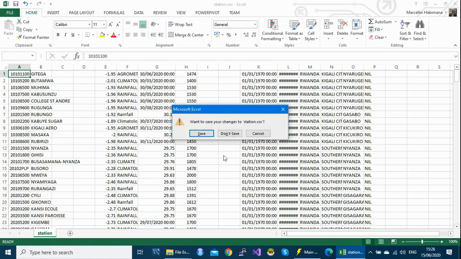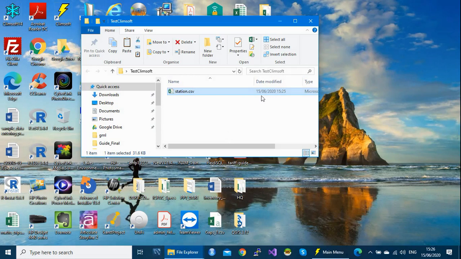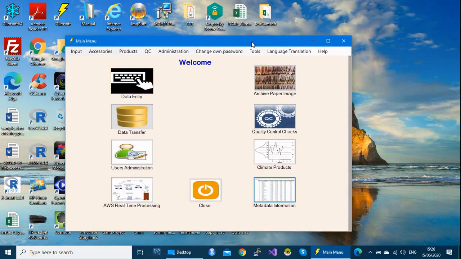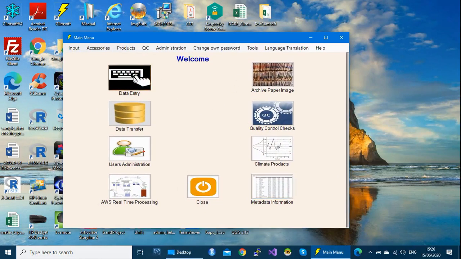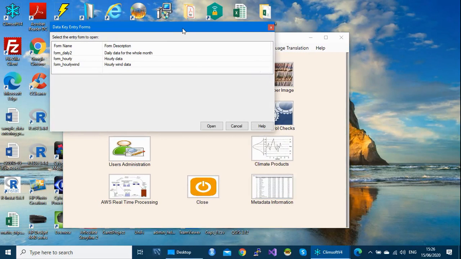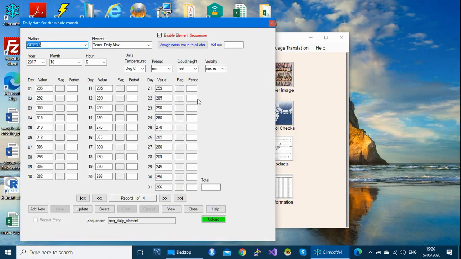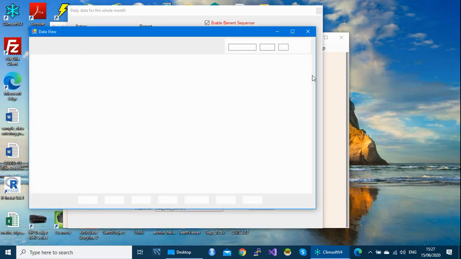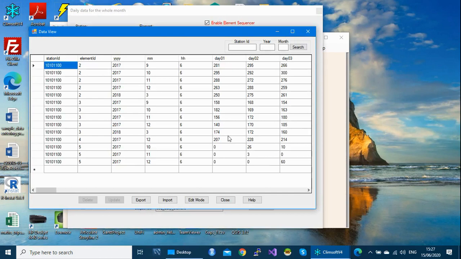from ClaimSoft. So let's look at another option, how to export data now from the entry form. So if you come here, the data entry forms, and select any form, let's select this form daily 2, double click on it to open. And as you can see, we have 14 records. You can also view the table sheets or datasheet view to see the number of your records, and you want to export this data.